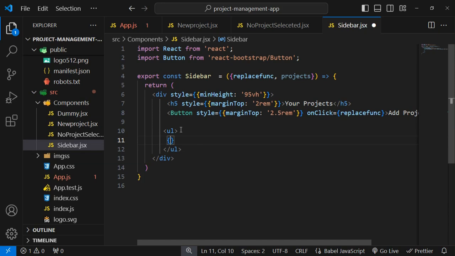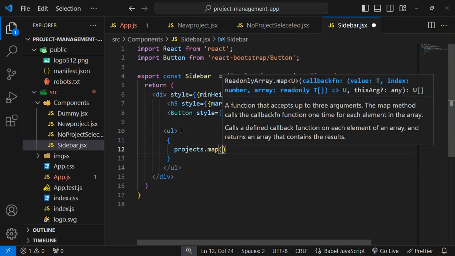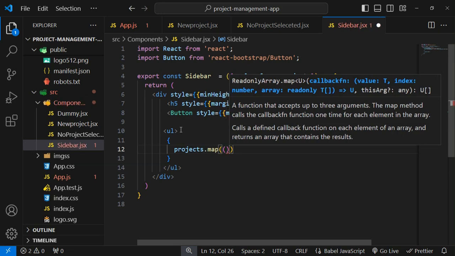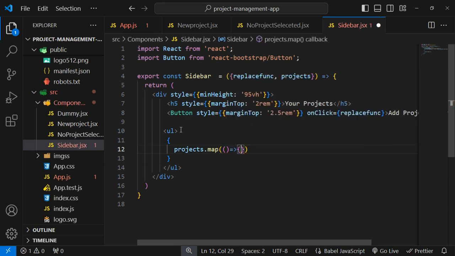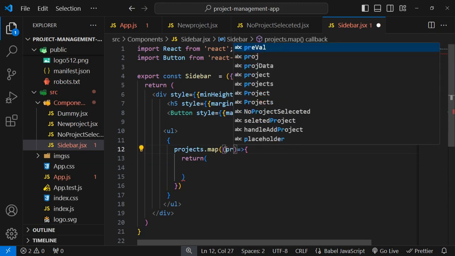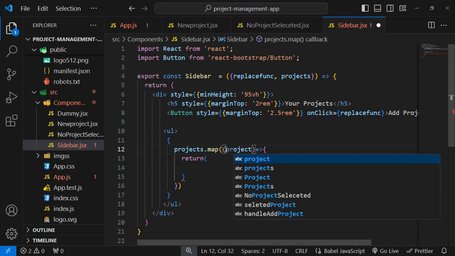So to use the array map we just need here curly braces, and now inside these curly braces I have to type projects.map, and here I have to pass some value to this callback function, and of course it would return something. So here I am just passing project element,